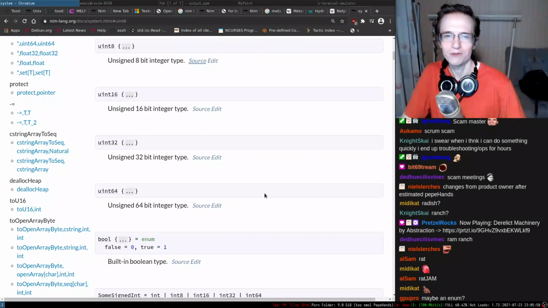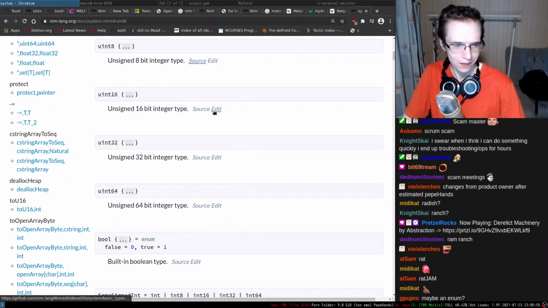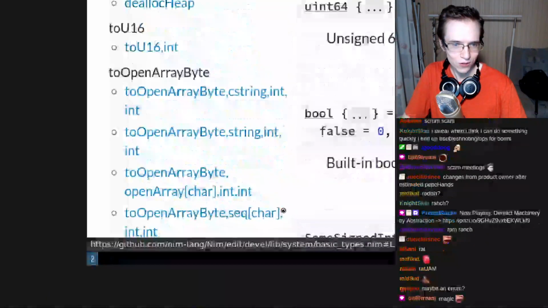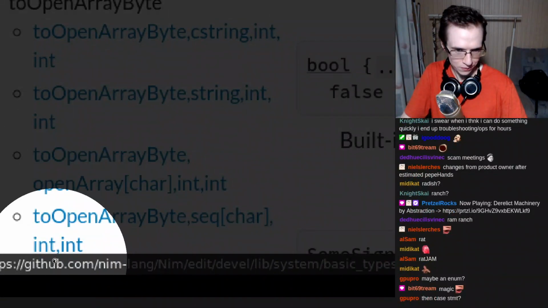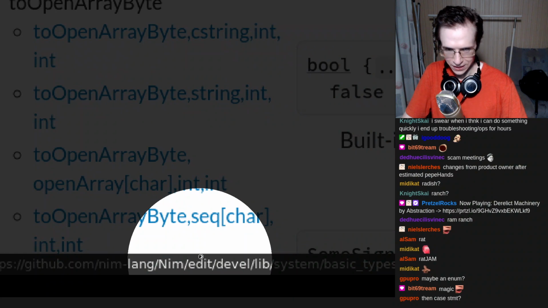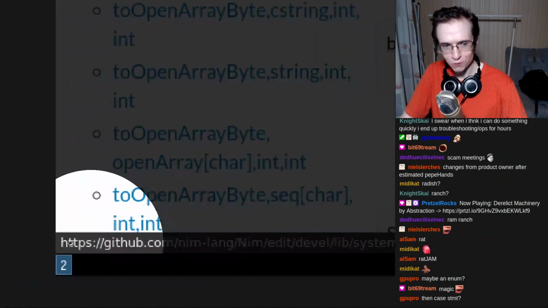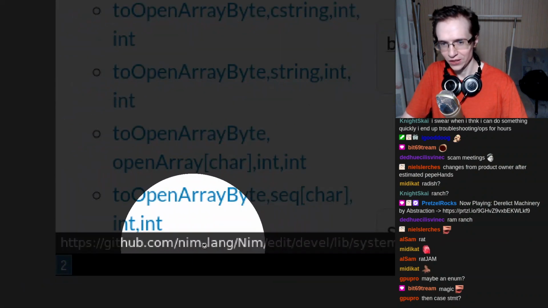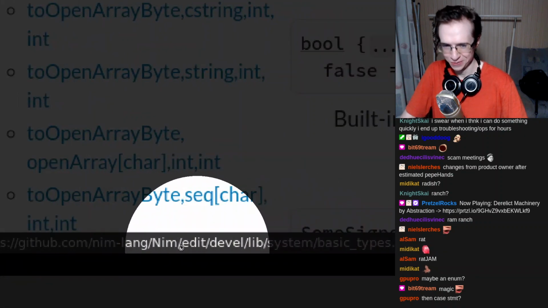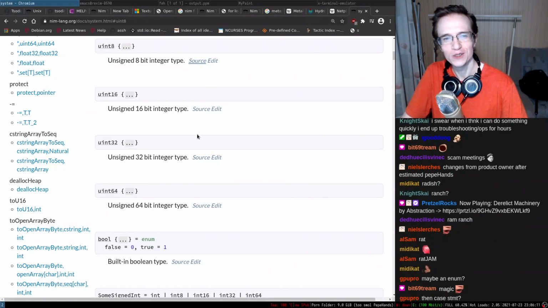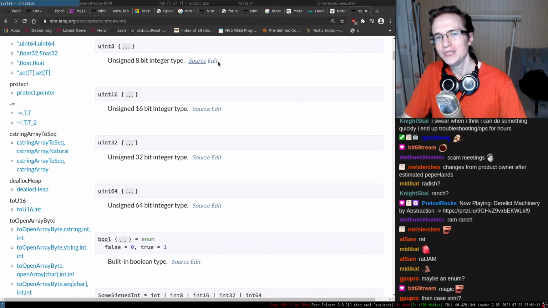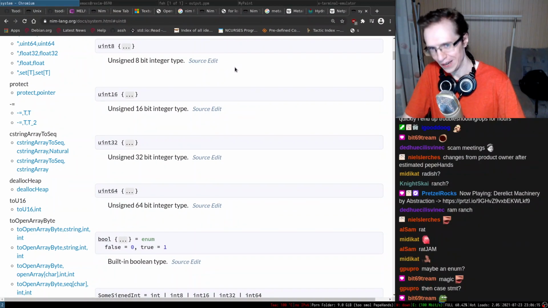Oh, by the way, this is a very dangerous page. You know why? Because it redirects you to GitHub edit, and edit automatically forks the repo under your name. So if you try to click edit, that will automatically fork the repo into your account.